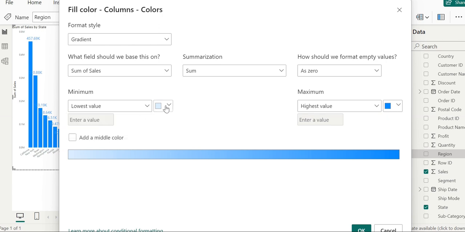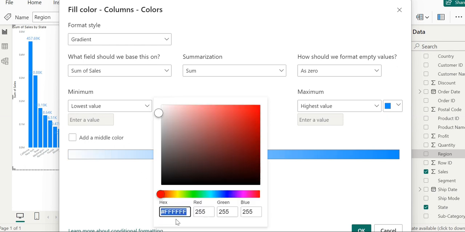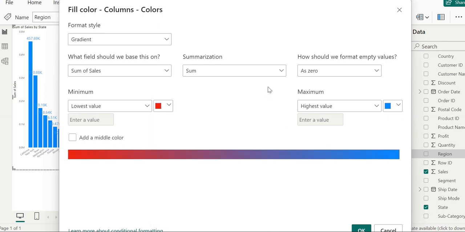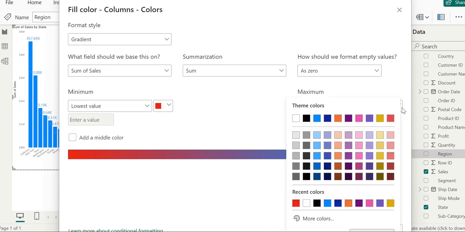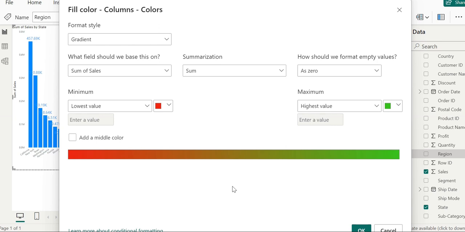So what I will do is use a color here. I just want dark red for the lowest value, and dark green for the maximum value. Then we specify the color shade in which we're interested. So we are keeping our practice of having low values of sales represented using red shades and large values represented using green shades. Let's hit OK, and